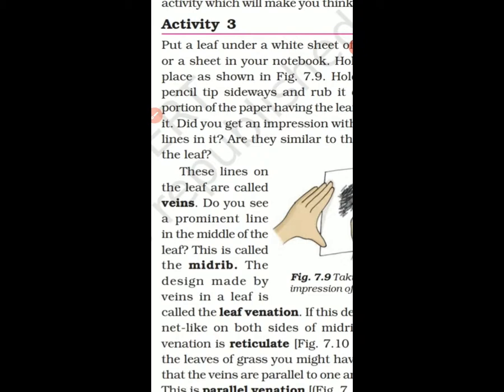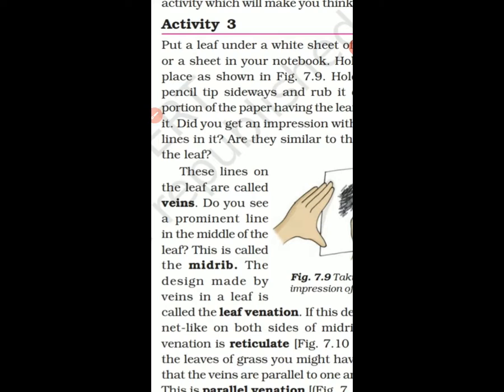What is there inside the leaf? कभी देखा है leaf को ध्यान से? What is there? कुछ ऐसा lines जैसा दिखता है ना? वो भी सब में अलग अलग होती है ना? किसी में क्रॉस होती है, किसी में ऐसे सीधे होती है, किसी में बीच में एक लाइन होती है, and then the cross lines are there. Okay, those lines are called veins. What are they called? Veins. जैसे हमारी बॉडी में भी veins होती है, वैसे leaf में भी होती है. So these lines on the leaf are called veins.